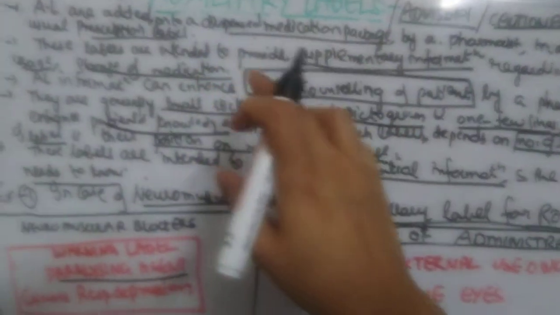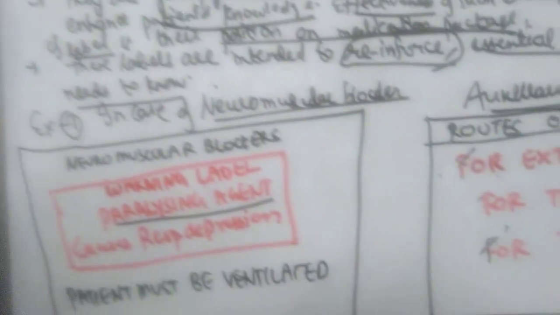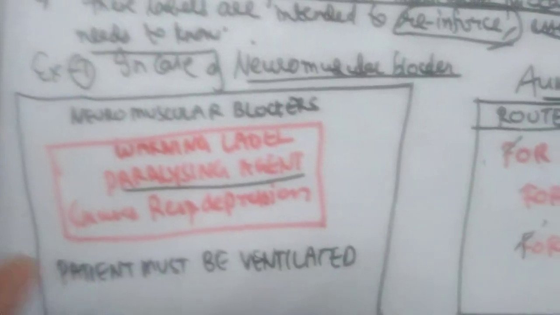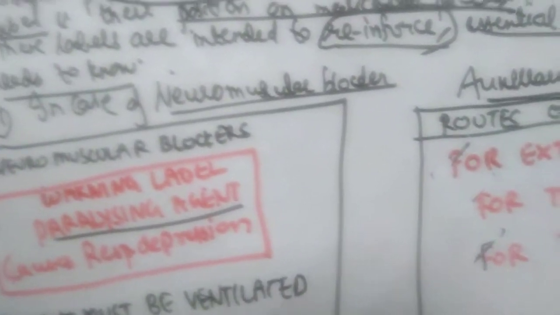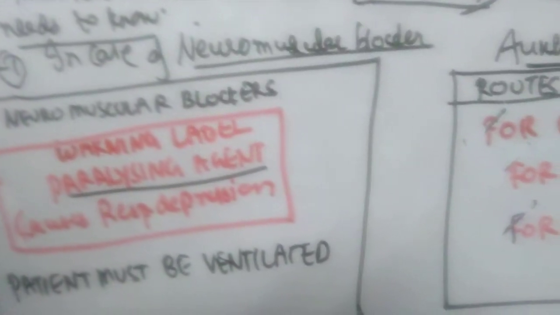In 1 or 2 papers he had asked what are advisory or auxiliary labels. So in that you can write the definition and the introduction to the auxiliary labels, supplemented with a few examples. This label is providing you information that the medicine is dangerous and what precautions you need to take. So in a way, auxiliary labels are known as cautionary labels. They are providing you with such information.